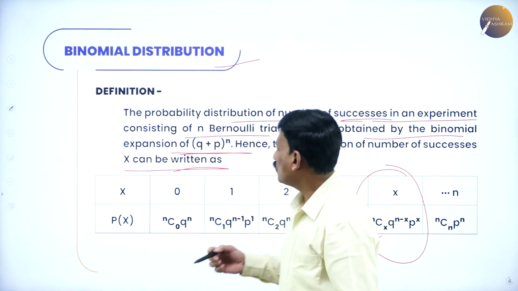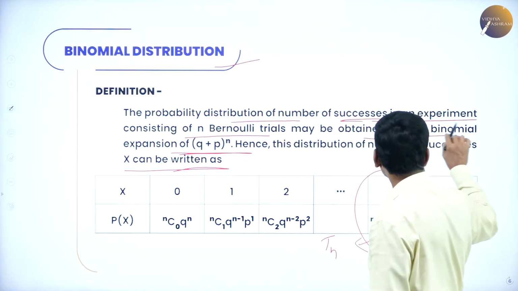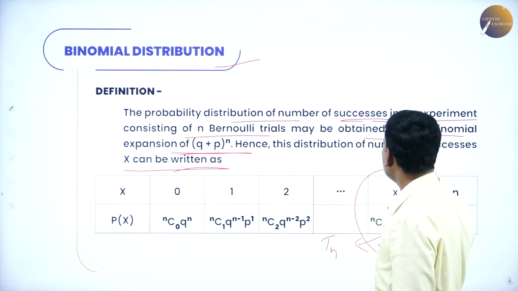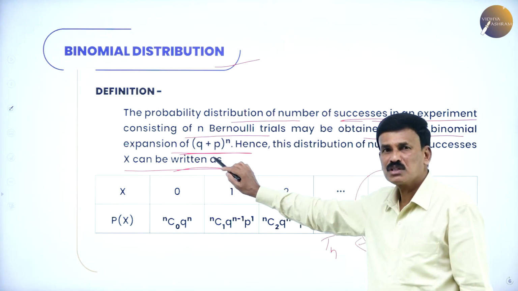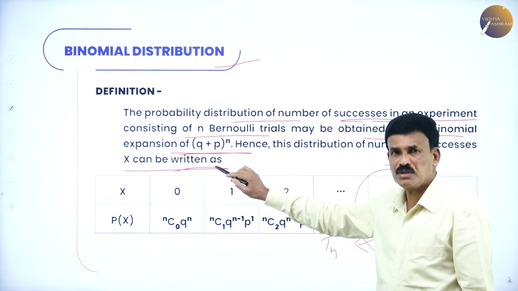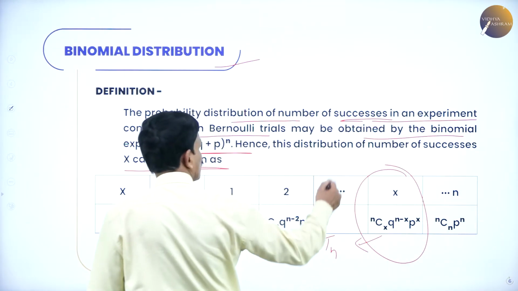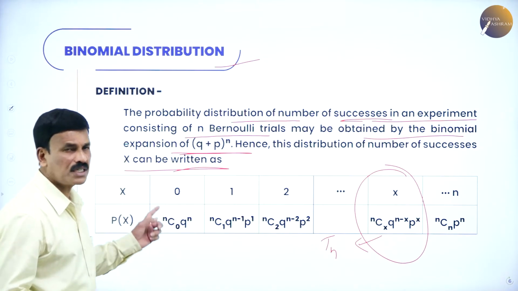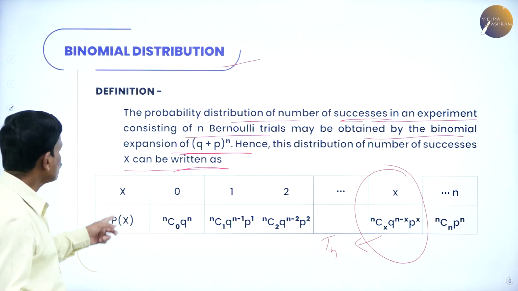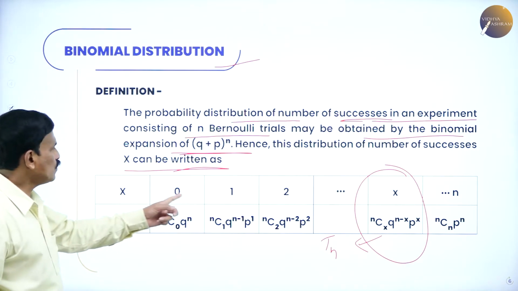Listen to me, I'll explain once again. The probability distribution of the number of successes in an experiment consisting of n Bernoulli's trials may be obtained by the binomial expansion of (q + p) to the power of n. Hence, this distribution of the number of successes is denoted as x. If x is the number of successes, then the probability distribution is given for x equal to 0, 1, 2, 3, 4, and so on